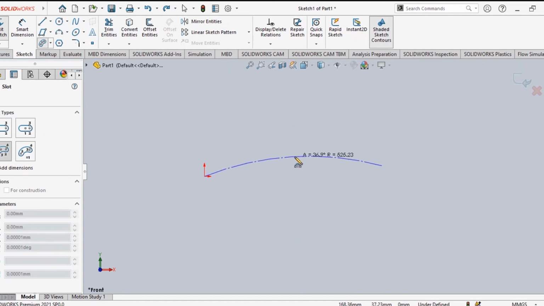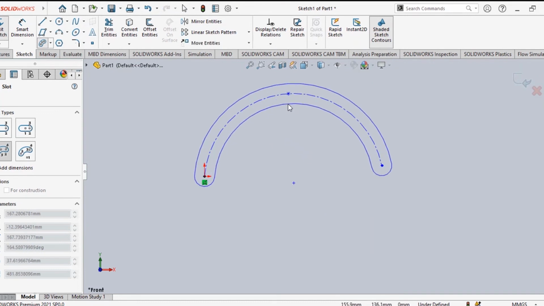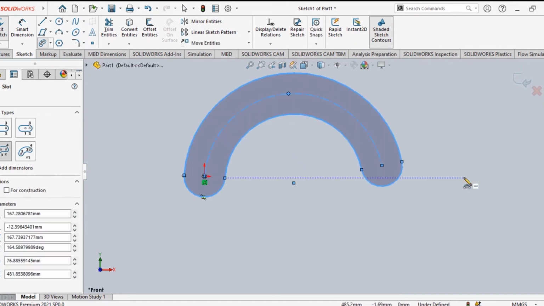Now suppose you want to make an arc, maybe this type of arc. Done. Now see, this is the arc. So how many points are you selecting? For selecting the arc, you have to select 3 different points. Then you have to move up or down for selecting the radius. So this is the third option.